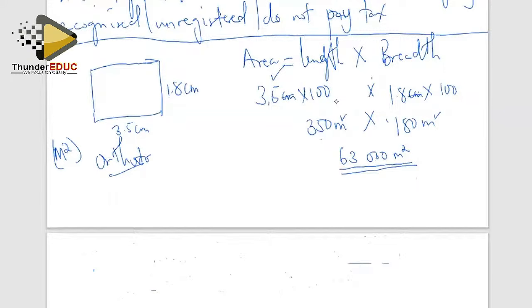You are given the breadth in centimeters, you multiply by 100 to get the actual distance in meters. Then you multiply the two to get your answer in square meters. Right. Why is it important to calculate? Sorry, before that, we are going to move to question number